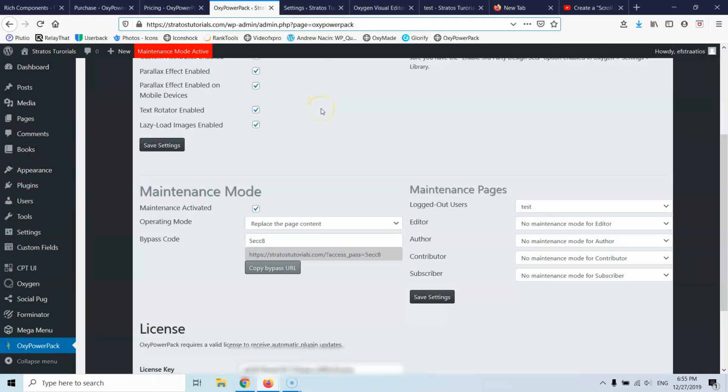Of course, there are other free plugins that can do the same, but I think it's better to have it inside Oxygen here. So you can use it and add it also for the editors, the authors, contributors, and subscribers, and they all can view this page. And of course, if they have this link, they can bypass this and they can view the page directly. So if you give it to a client and you tell him this is what you are going to use to see the page, and everyone else will see the coming soon page,